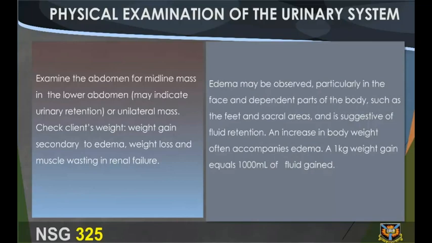Examine the abdomen for a midline mass in the lower abdomen, which may indicate urinary retention, or a unilateral mass. Check the client's weight gain secondary to edema, weight loss, and muscle wasting in renal failure. Edema may be observed